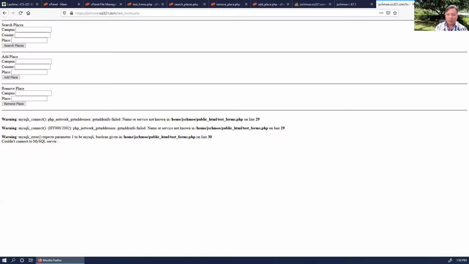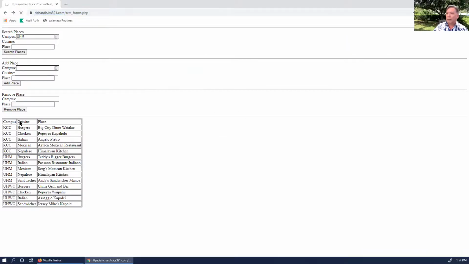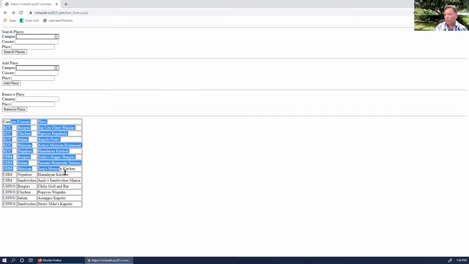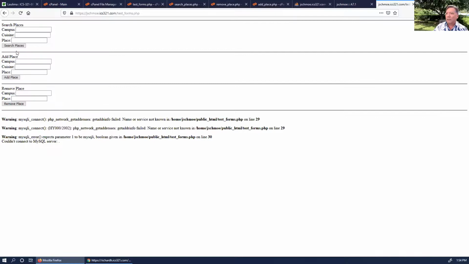In the one that works, down here it reads up all of the places in the Campus Cuisine Place table. In this one, these come up fine. That's just HTML, but this doesn't work because